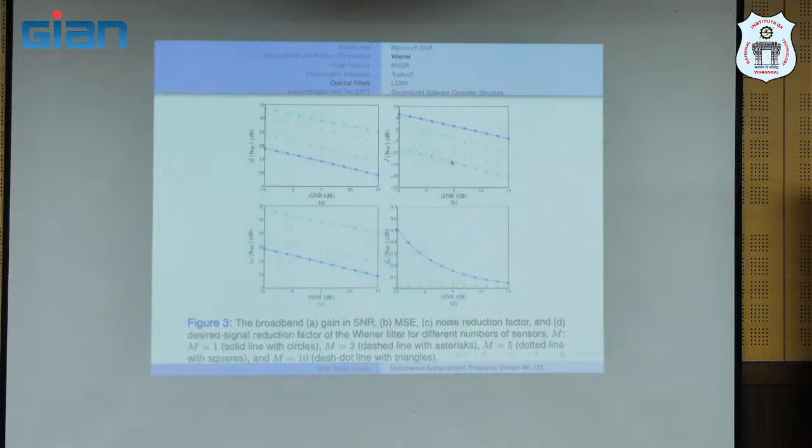Okay? This tells us that in this example, it's good to use spatial information. Okay? Because it's very important. Spatial information enables you to improve the MSC, to improve the output SNR, and so on, without sacrificing much distortion to the desired signal. But when the noise